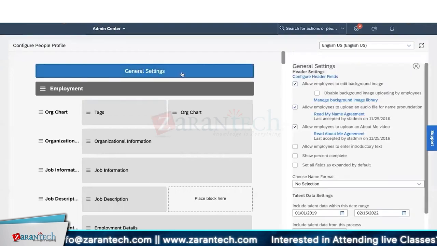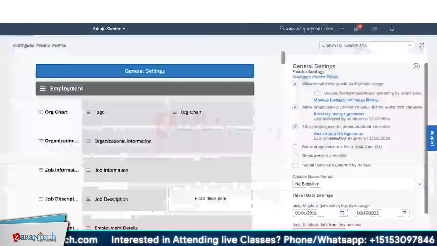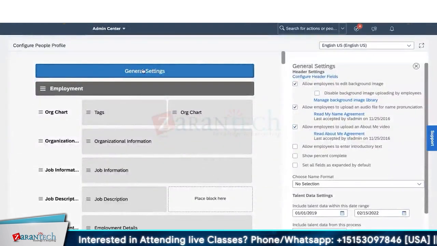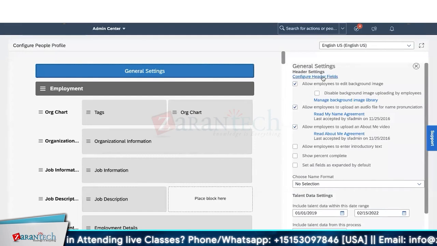Here on the top general settings, on the right hand side, you have these options when you click on the general settings. So now this header area is the config that we are going to look at. In the same configure people profile, in the very top general settings, when you click on it, on the right hand side, you get those options, where the first one, if you click on this link,